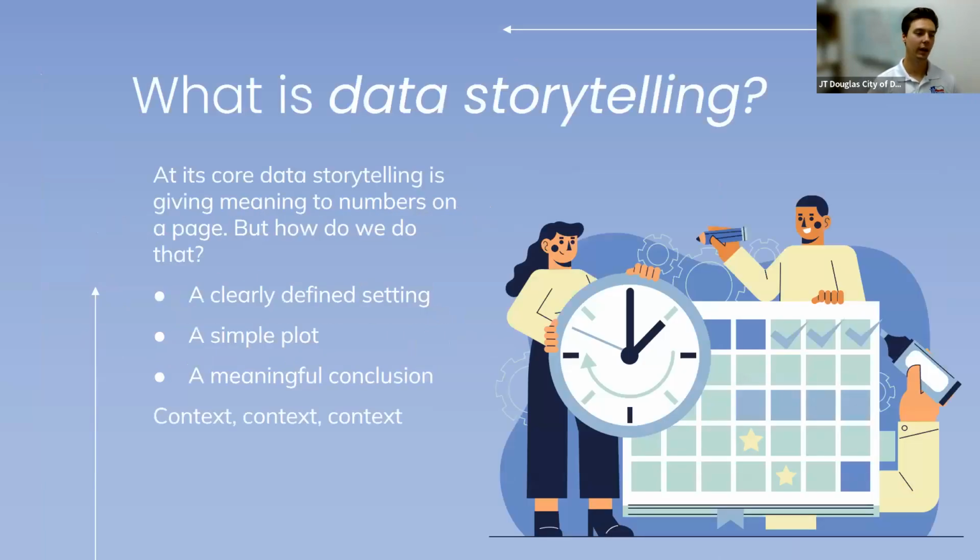So at its basic level, what is data storytelling? It's boiled down to three things. First, a clearly defined setting, and we'll talk a little bit more about this, but it's the where, the when, the how, the why. You want to set up a clear setting so that everybody knows exactly what we're there to talk about. And that's going to be in each and every visual. So if you've got a lengthy presentation, each one of those visuals should contain all of that information so that not a single one of them can be taken out of context.